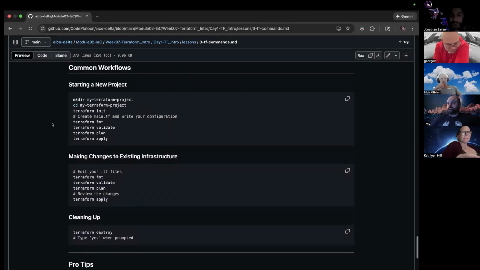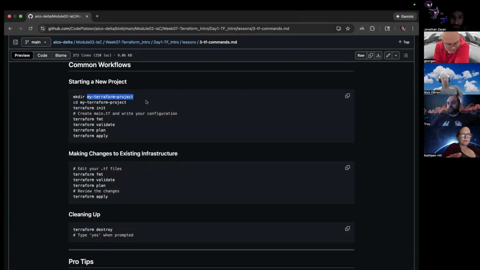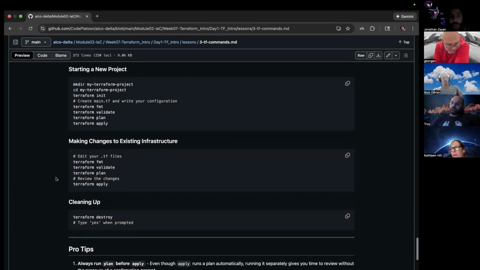Okay, so common workflows though, you would make your project, cd into your project, and then from here, you'll initialize it first, because if not, it's not gonna, actually, I wonder if this is backwards. I would make the main.tf first. Well, we'll see what we do in the lab, so I'll just put a pin in that. But essentially here, these are literally the commands that you would run, assuming that your main.tf is created.